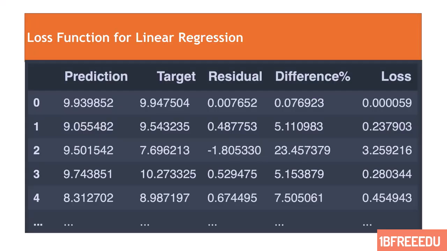If I see this tally, I can see the very first row giving me a prediction of 9.939, target as 9.94, residual is 0.007, difference is 0.07%, and obviously loss is coming around 0.00059. So likewise, this is a particular prediction coming out based on a linear regression, which gives us the least mean